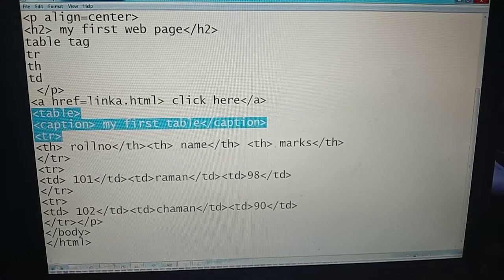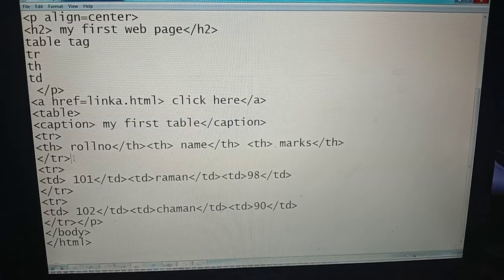In the table row, the first heading is called th: roll number, name and marks. So we can write th roll, th close, th start, name, th close, because these are three different columns we have to define with the th method.